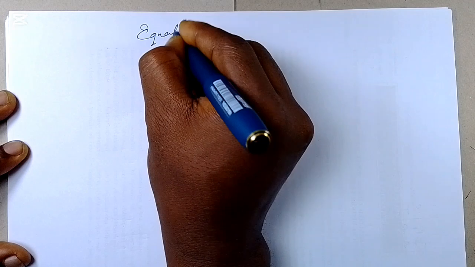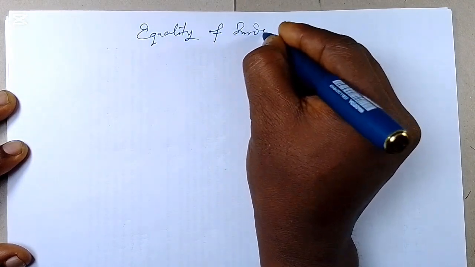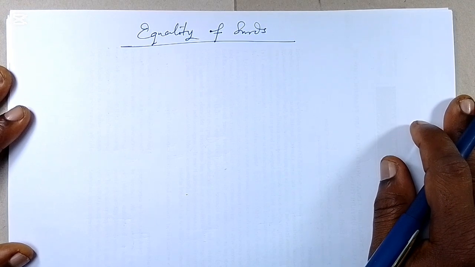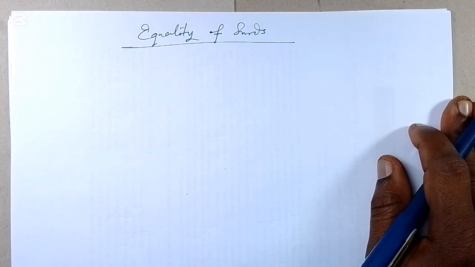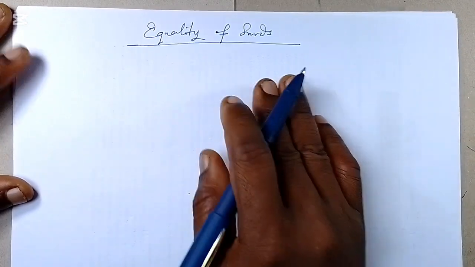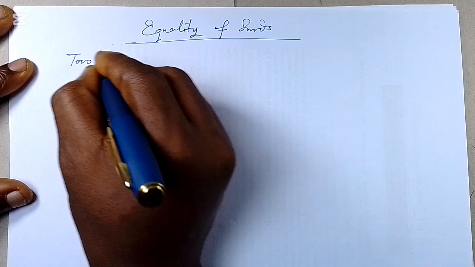Let's now move over to the next thing I want to discuss, which is equality of surds. So this is the second part of this particular lecture, equality of surds. Now I'm going to be telling you what it means for two surds to be equal, and thereafter I'm going to tell you where to apply the knowledge of equality of surds when solving problems in surds. So let us see. Two surds,